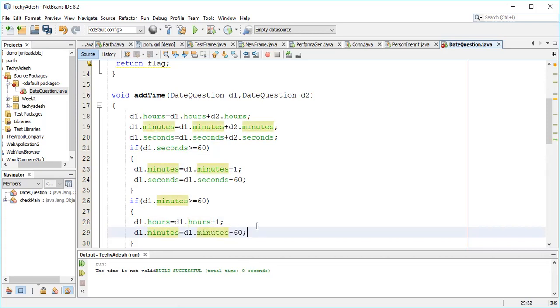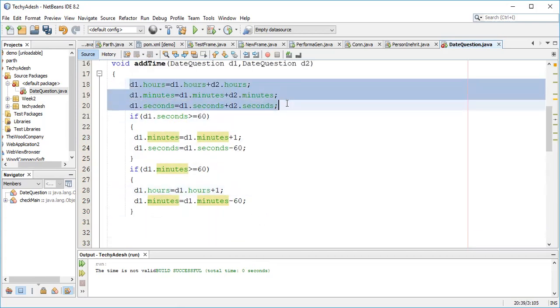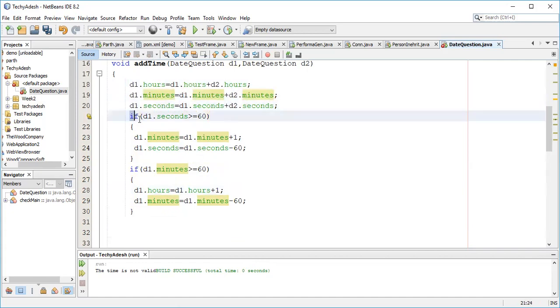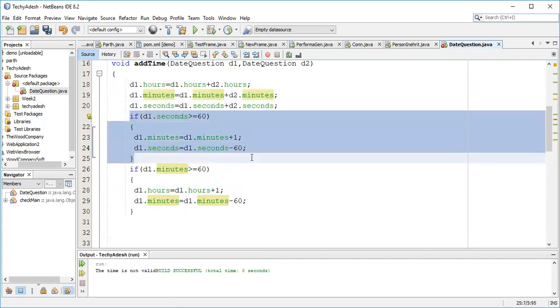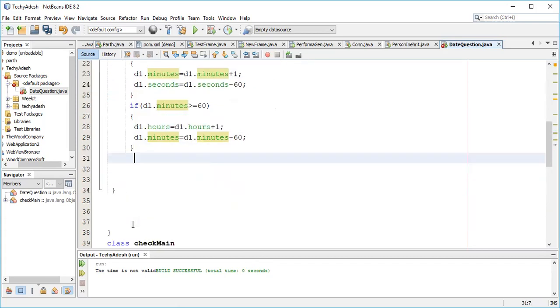So this is the task we can do, right? What I did, first of all, I added the hours, minutes and seconds. After that, I converted the seconds into minutes. After that, I tried to convert minutes into hours, right? After that, I can print the value.